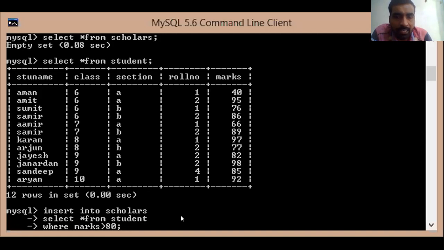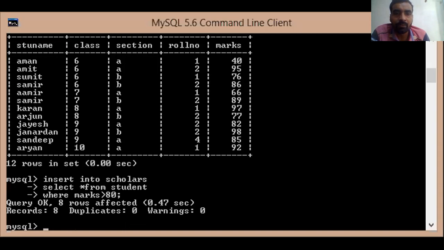Now you will see from the student table, all those records which have marks greater than 80 will be inserted into the new table, that is scholars. You can see after pressing the enter key, yes, it is successful. The insertion is successful.